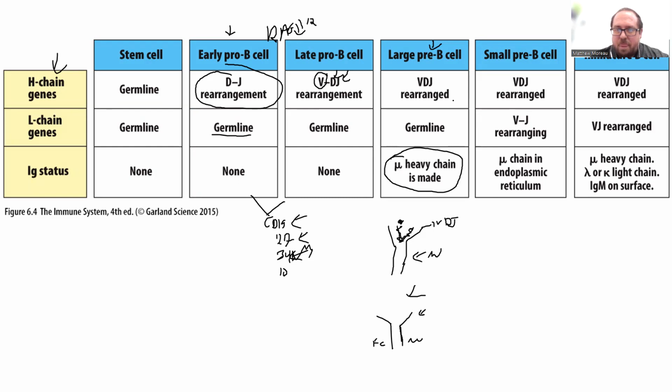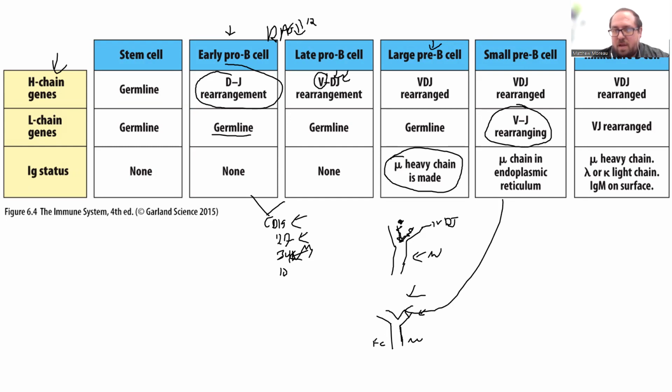So now, as you progress, once this is made and produces a stable, not functioning, but stable, B cell receptor with a heavy chain, the VJ rearrangement occurs in the light chain. This then gives rise to the functional